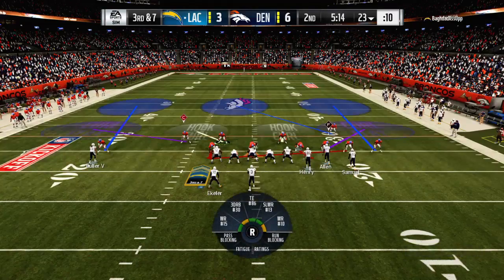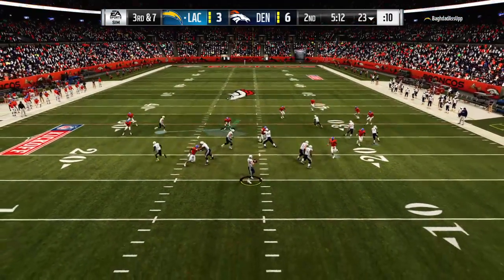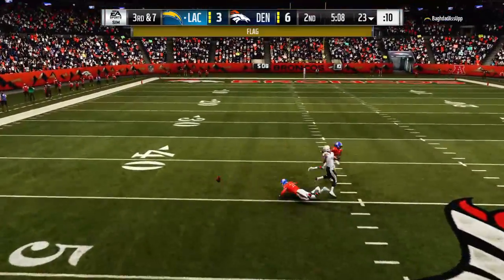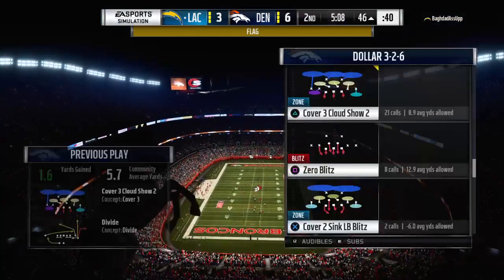This is 3rd and 7. They'll look to throw here. He's going to sling this deep downfield. And that'll be... Where's the pass in the... It's knocked away, but a penalty flag is...